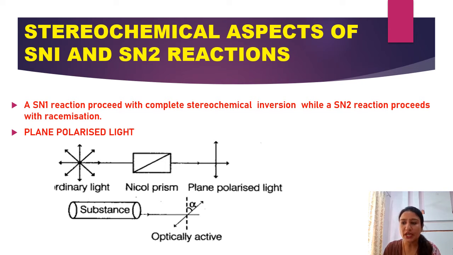If the compound rotates the plane polarized light to the right, in clockwise direction, it is called dextrorotatory, and we define it as D form. It is indicated by placing a positive sign before the degree of rotation. And if the light rotates anti-clockwise, in the left direction, it is known as levorotatory, and we define it as L, and the sign it possesses is the negative sign.